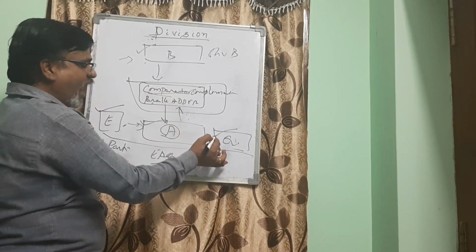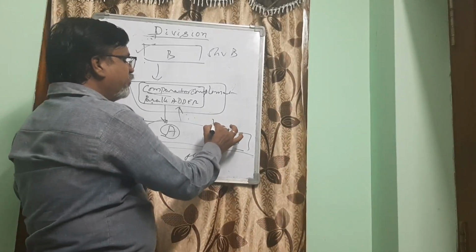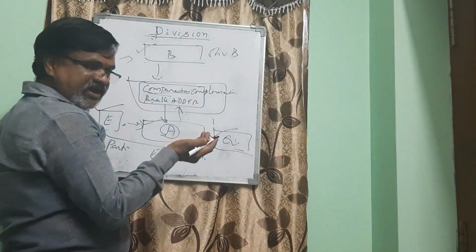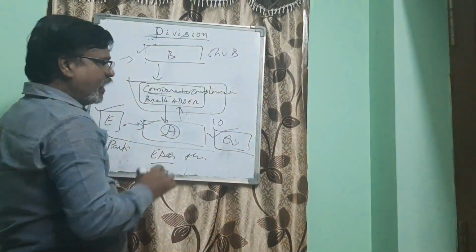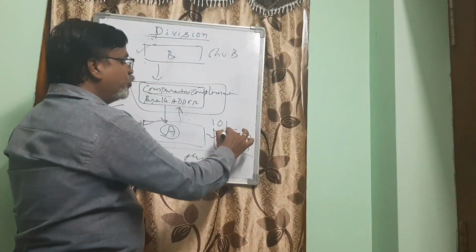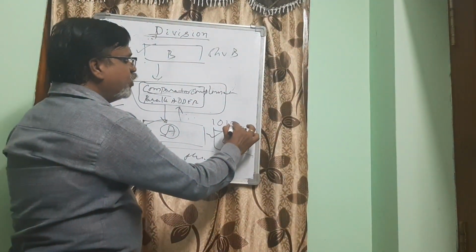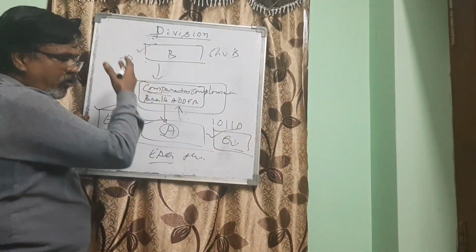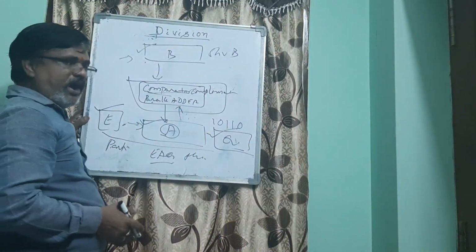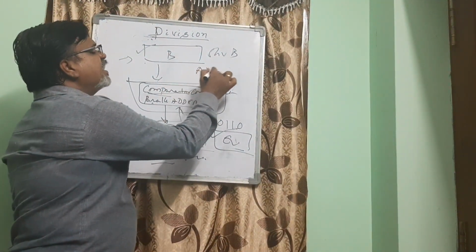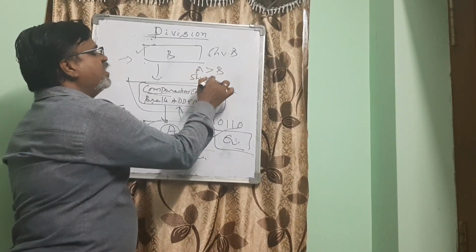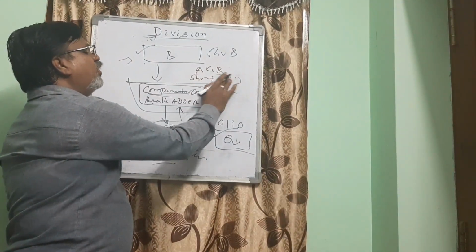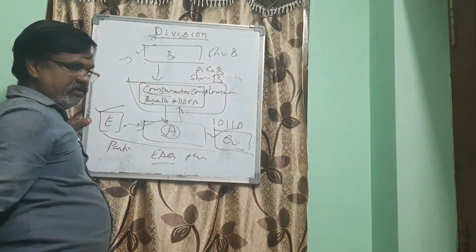So how many times are we going to add after shift right? For every adding, 1 will be kept here. For every adding of B, if there is no adding of B, simply shifting right only, then 0 will be kept here. Next time you shift right and add B, you will put 1. And again you shift right, add B, you put 1. Again you just shift right, no adding, so 0. So when you need to add and when you need not add, you will find out. If A is greater than B, then shift right plus add operation will be performed. If A is less than B, only shift right of B can be done.